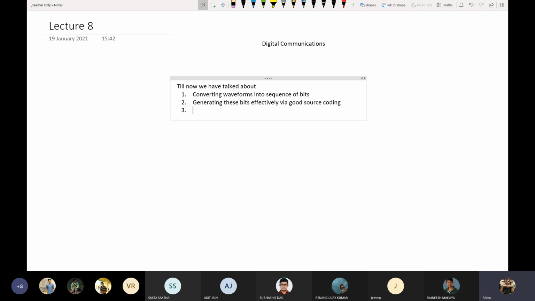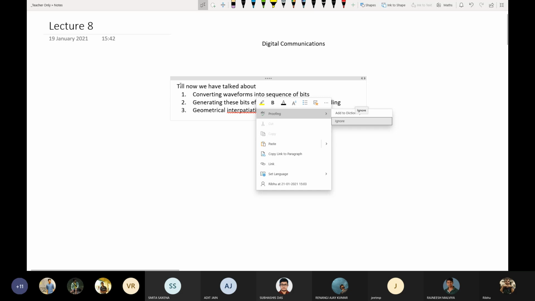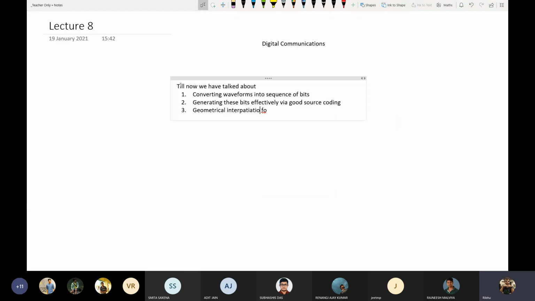And we have looked at the slightly unrelated topic of the circle of ERE. Yeah, I was missing an S. R. Interpretation, geometrical interpretation of